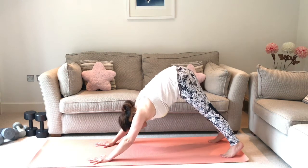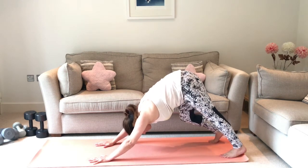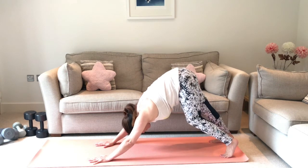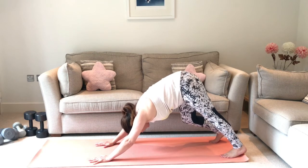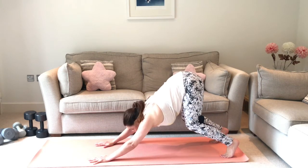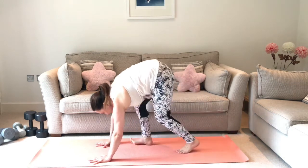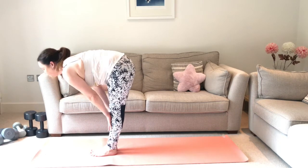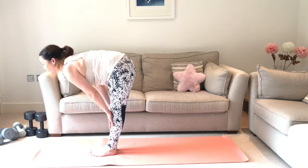And then we're going to pedal our feet. So we're going to do one foot and then the other foot, and again and again. Bend the legs, look forwards, and we're going to step in, so walk those feet coming in. We're going to do a flat back, big breath, forward fold,